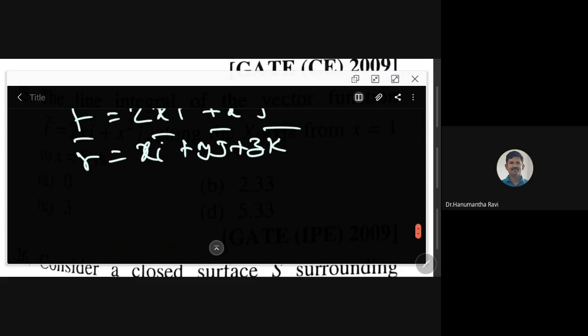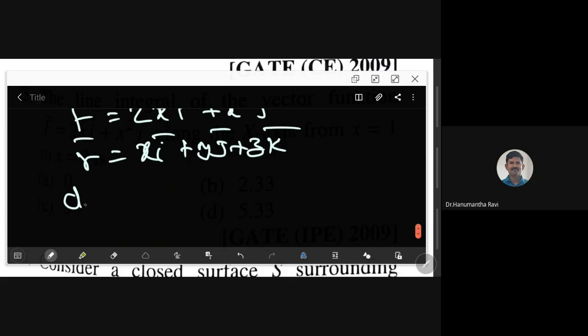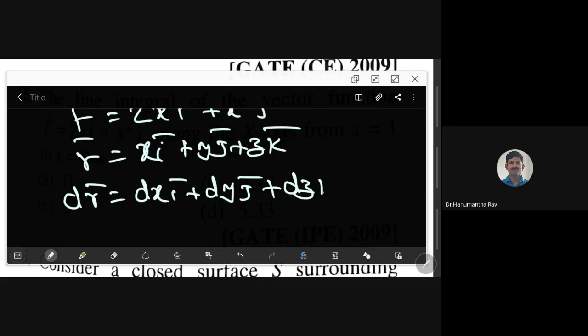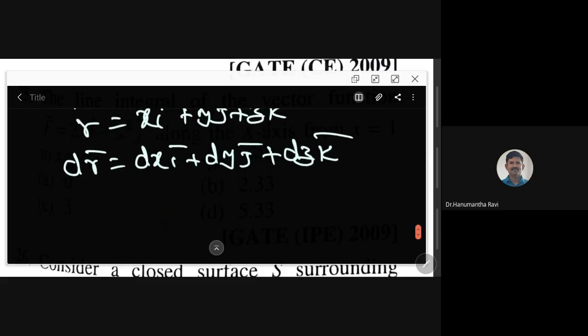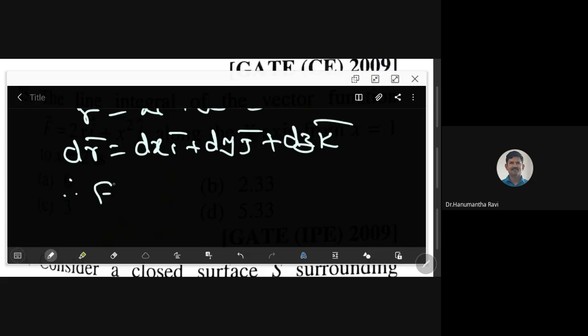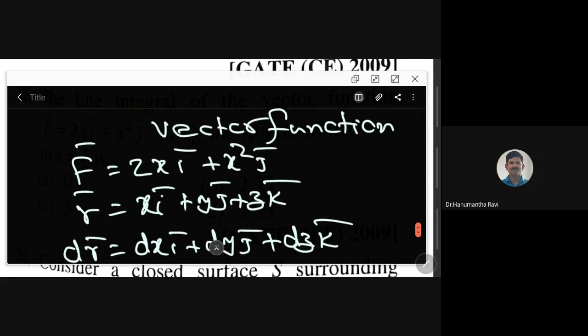So, what is dr bar? Dr bar, as said before, is dx i bar plus dy j bar plus dz k bar. So, we have f bar dot dr bar that we want. Therefore, f bar dot dr bar is equal to 2x